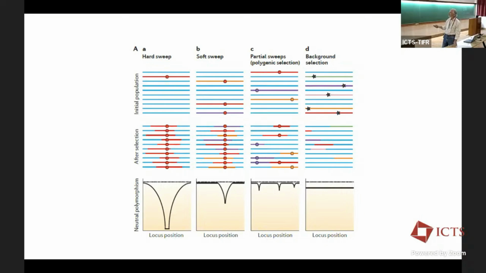You can have a soft sweep where the site of interest under selection may go to fixation, but there's also recombination, so you don't lose all the other variation. This is something that we'll probably learn more about later with polygenic selection, where the selection is distributed over a very, very large number of loci. And then finally, this is the background selection hypothesis. It sort of predicts, assuming constant rates of recombination, just an overall lowering of the amount of variation maintained in populations.